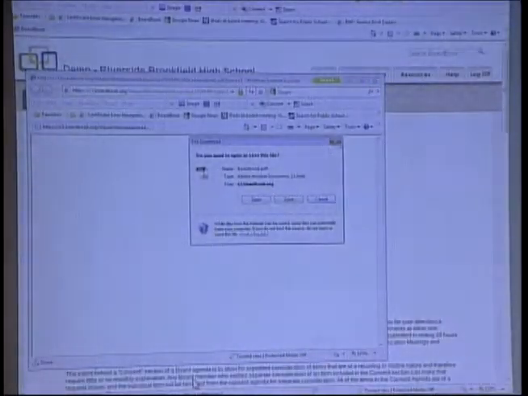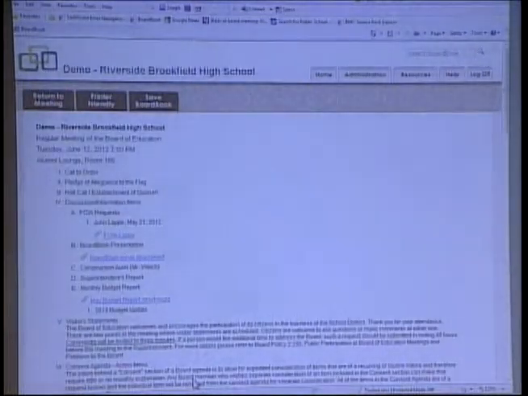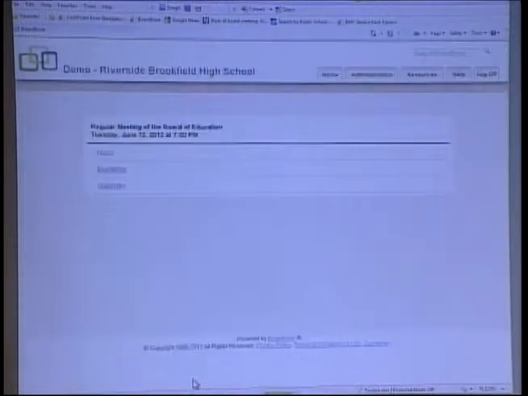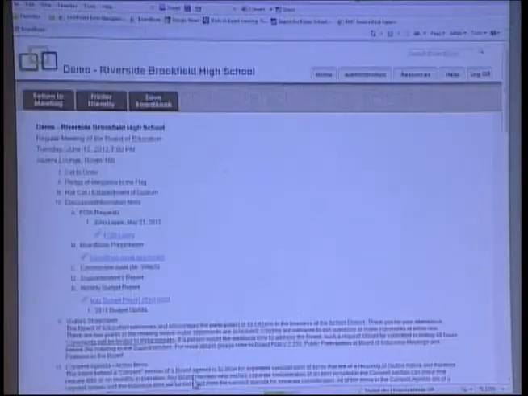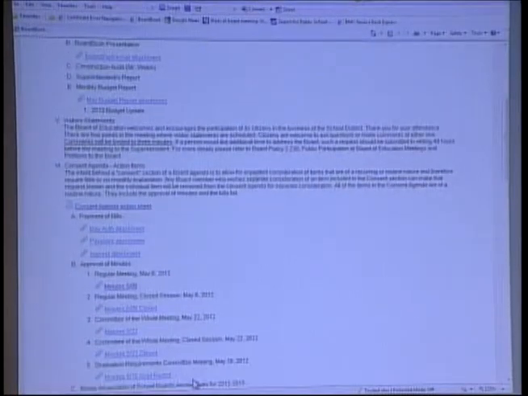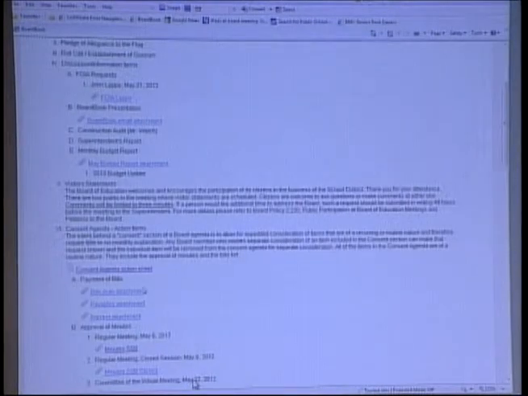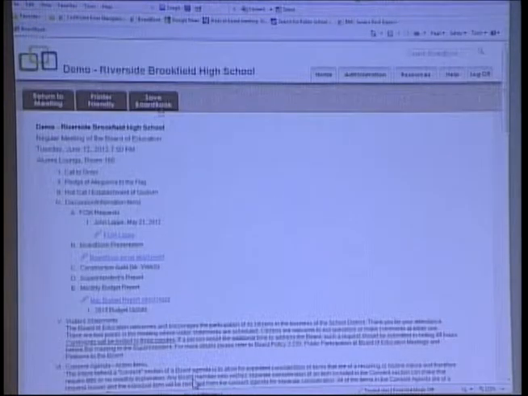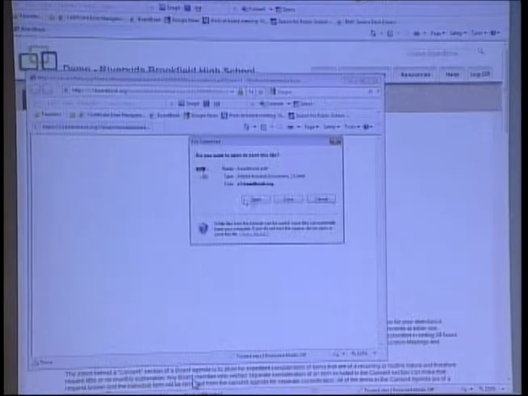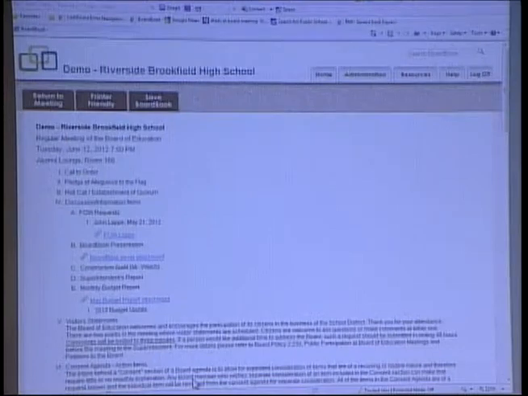You can download and save your packet. In fact, I think a really helpful tip is when you first log in, go to Quick View right away. That comes up without downloading anything. If you need to look at something quickly, you could do so. And then from here, when you click Save Board Book on a PC, you're going to get a progress window. It'll show you how long it's taking to download that file.